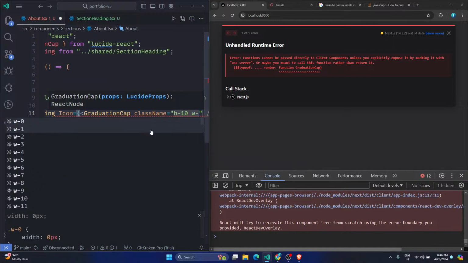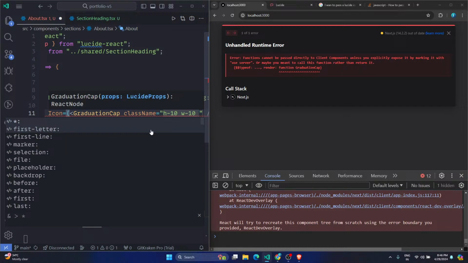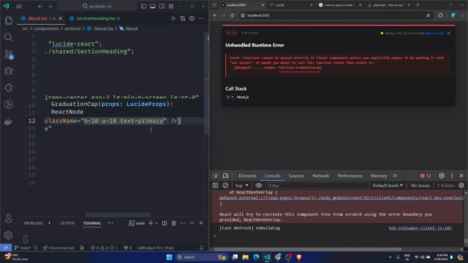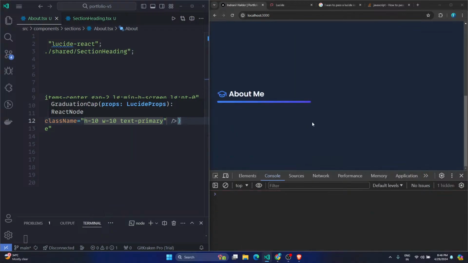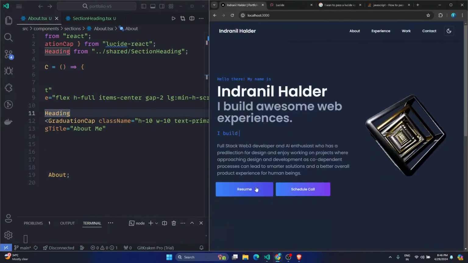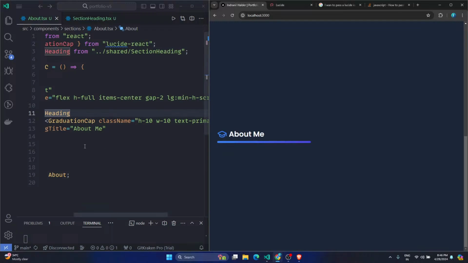With 10 and text was primary. Okay, there we go. This is the section heading. Okay, now, okay, this is the section heading. Now what we can do basically,